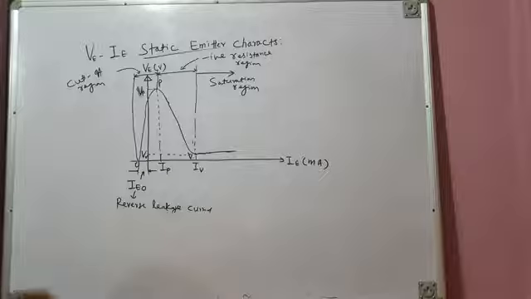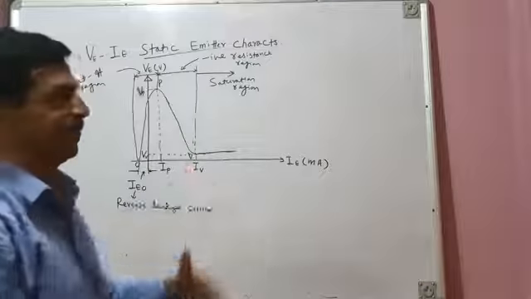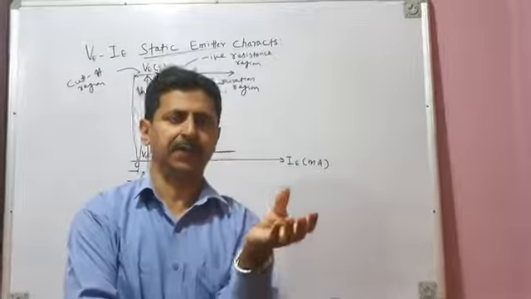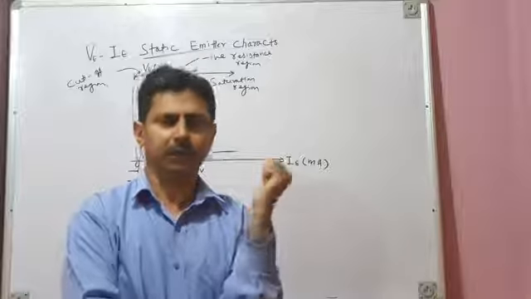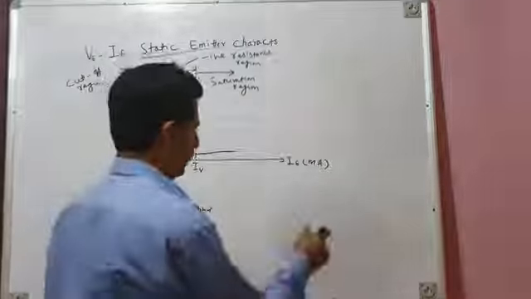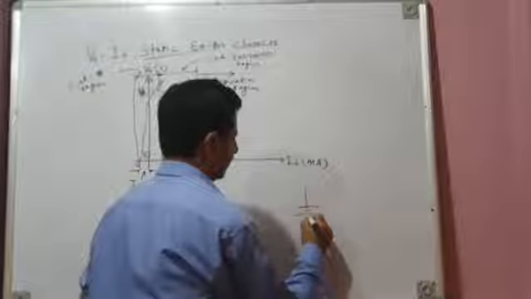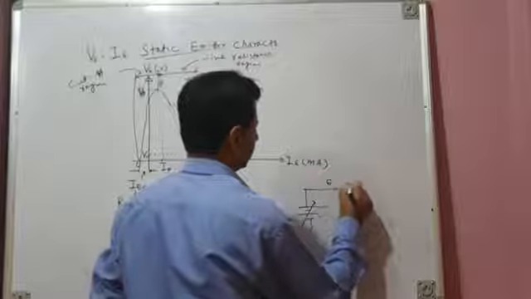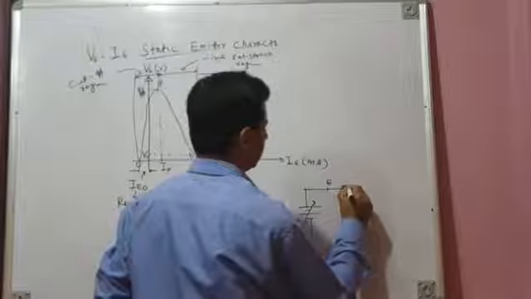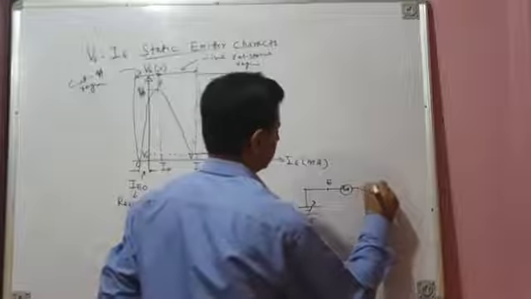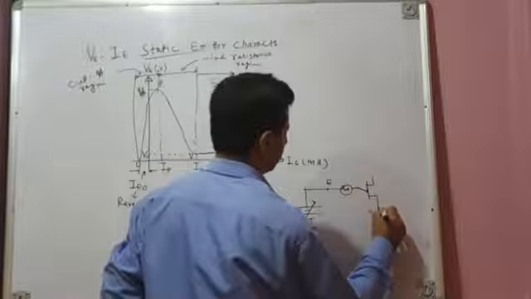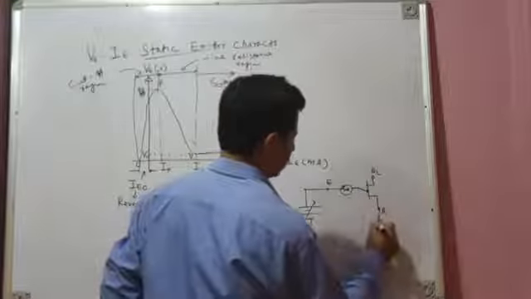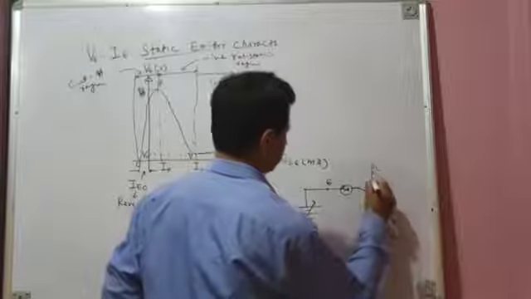Okay, so what happens? You can perform this experiment in the lab. In fact, we make students obtain these characteristics in the lab. We have an experimental setup in our power electronics lab where these characteristics are obtained, and this is how the characteristics are obtained. This is emitter. We put a small milliammeter in series. Then this is your UJT. I will show the symbolic representation of UJT. This is B1, this is B2, and a small resistance capital RB1 is placed here.